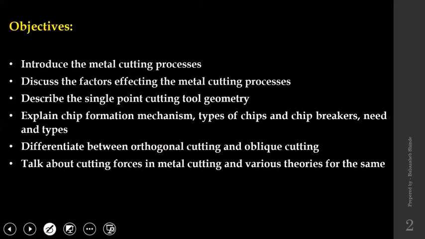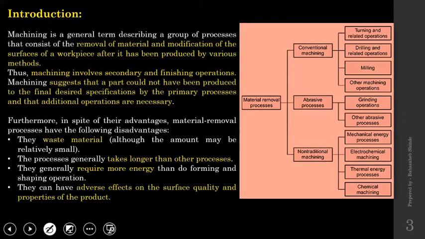So we went through these objectives and we discussed these metal removal processes also. This part also we have covered in the last session. The metal removal processes have three major categories. First one is conventional, second abrasive, and third one is non-conventional. In conventional, there is a direct contact between cutting tool and workpiece. Additionally, the cutting tool needs to be harder than the workpiece which is to be machined. Those two requirements have to be satisfied when it comes to conventional machining.